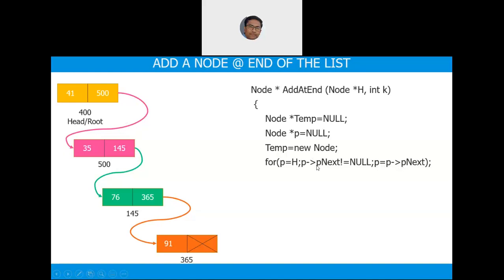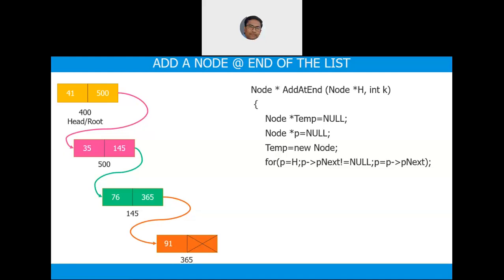Again you are asking to check. So 500, p is now pointing to whom? p is now pointing to the first bogey. Earlier p was pointing to the engine. Now p is equal to the first bogey's address, which is 500. Now 500 arrow p next, is it null? No, because it is 145. In our diagram, we have written that for simplicity and for clarity, so that the logic can be easily traced out.